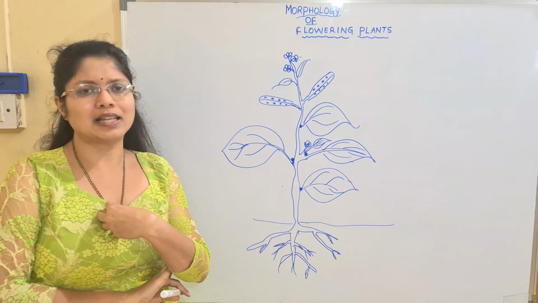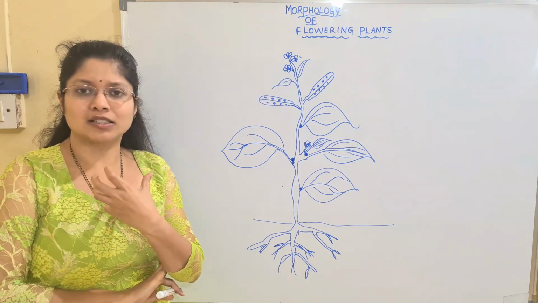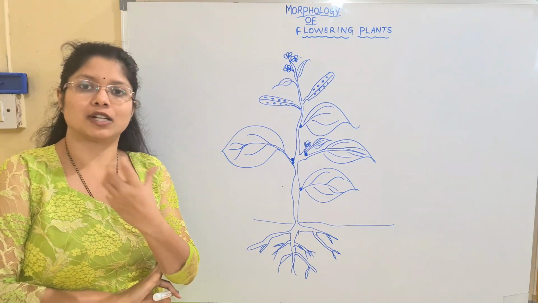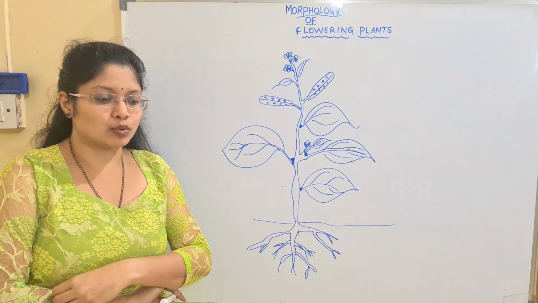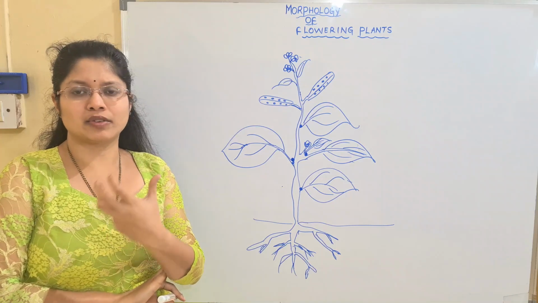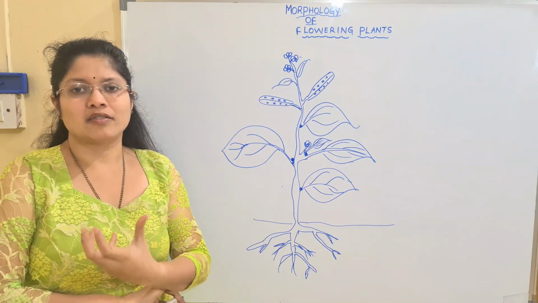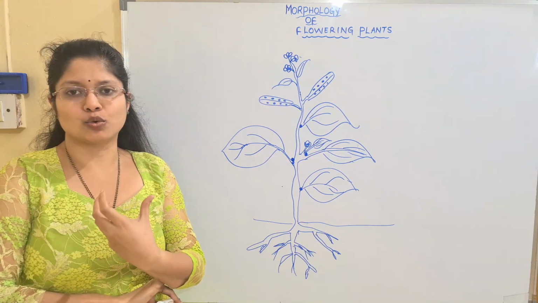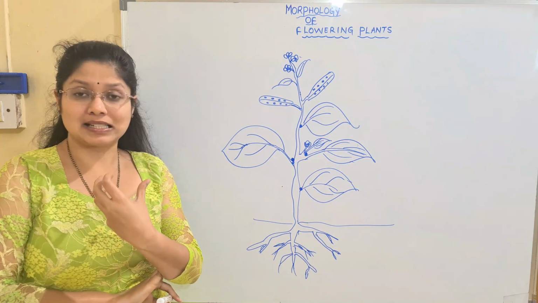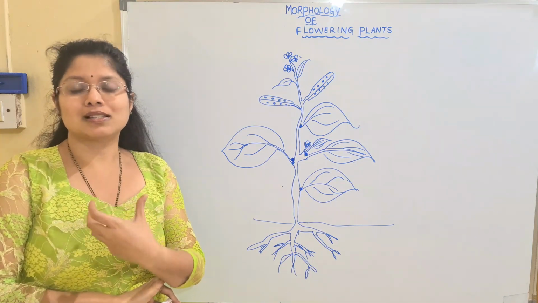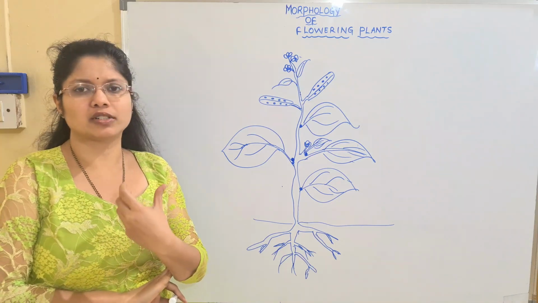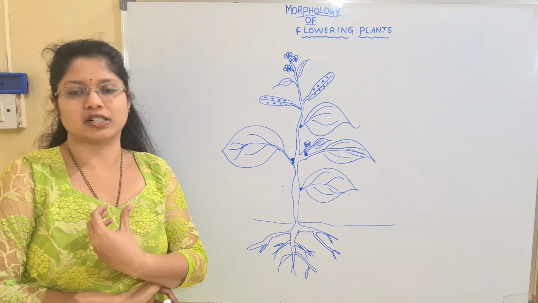So when you observe any kind of organism, there are certain features which we can see externally, and those features are nothing but the morphology of that particular organism. Let us say, for example, for humans, if you see externally, children, we can see different features, like we have limbs, different body parts, eyes, ears, nose, all these are external features. In the same way with plants, if you observe any plant, you can see the leaves, stem, root. So all these are the external features which we can generally observe in the organism. Based upon different types of organisms, the body parts will be different.